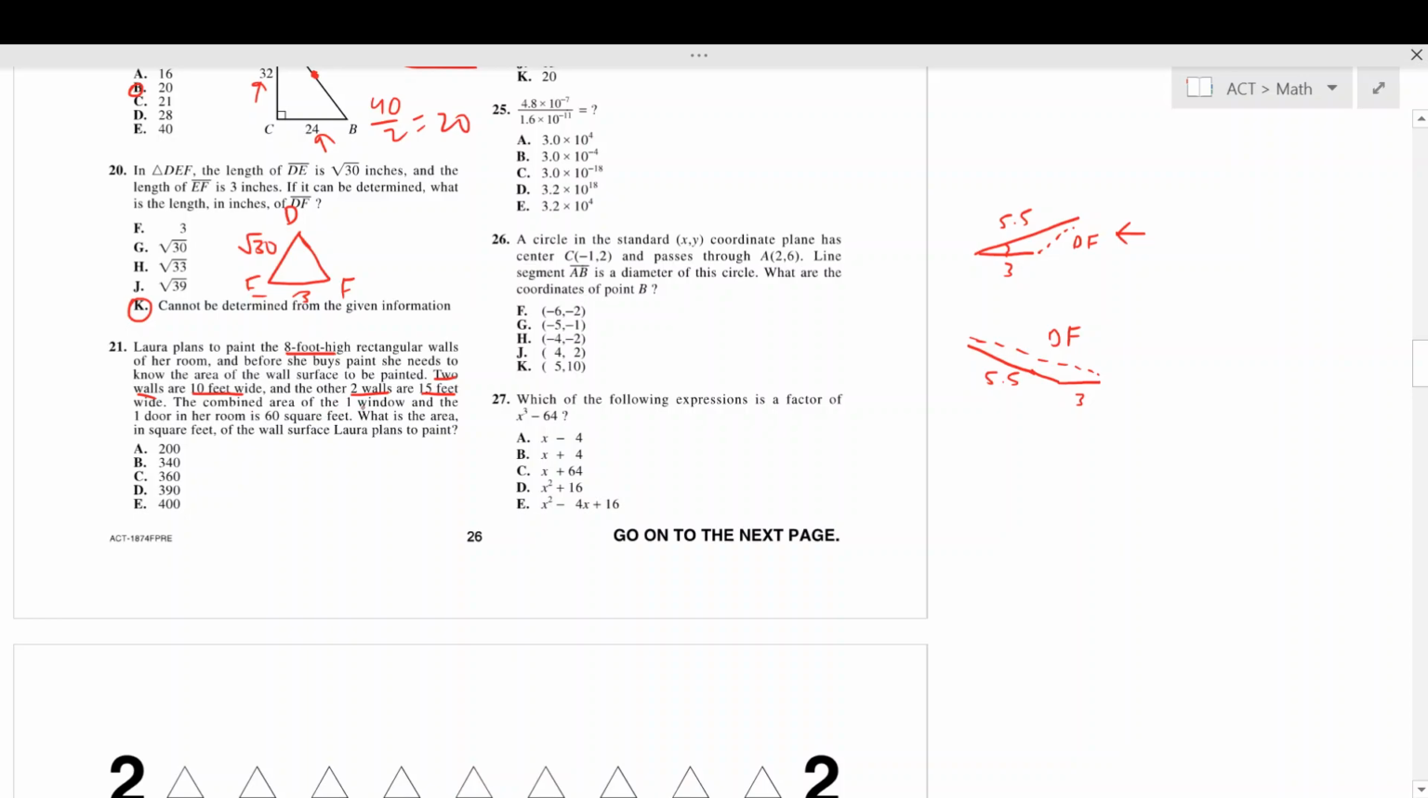The combined area of 1 window and 1 door is 60 square feet. And remember, she can't paint over the window and the door, so that means we subtract it from the total area, surface area. What is the area in square feet of the wall surface she needs to paint? So let's calculate the